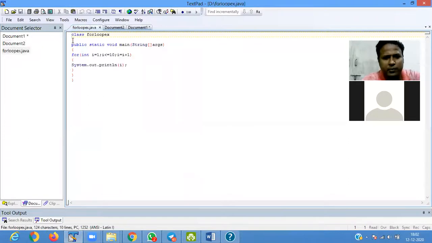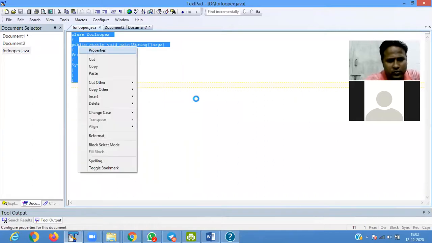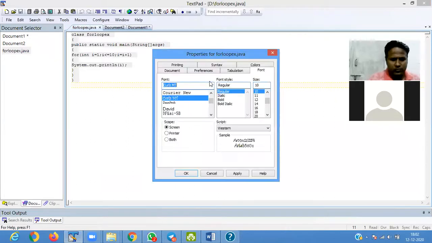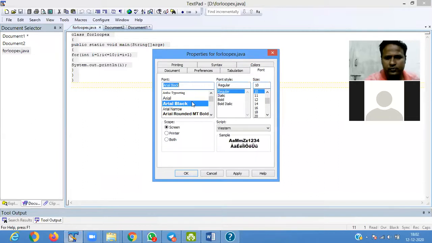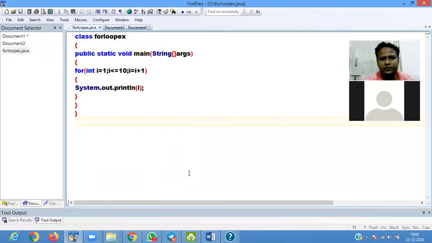Okay, it is a simple program for displaying 1 to 10.